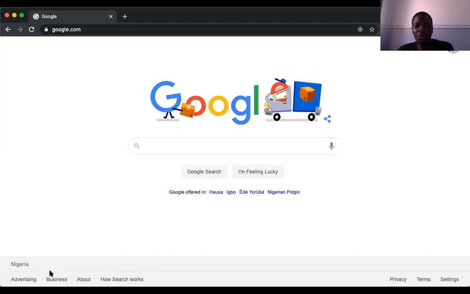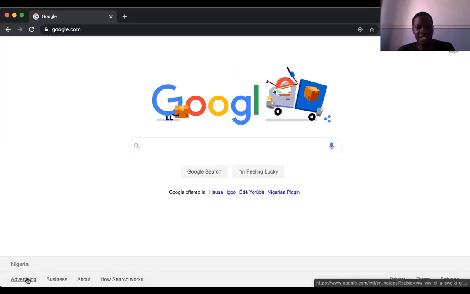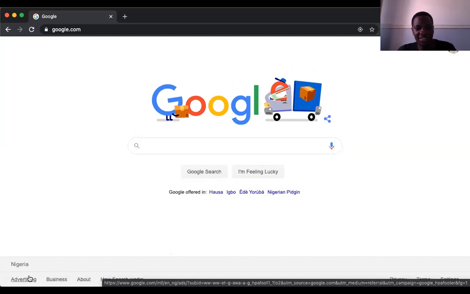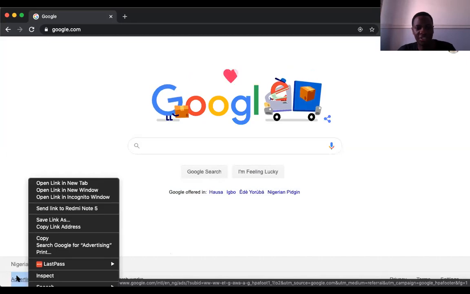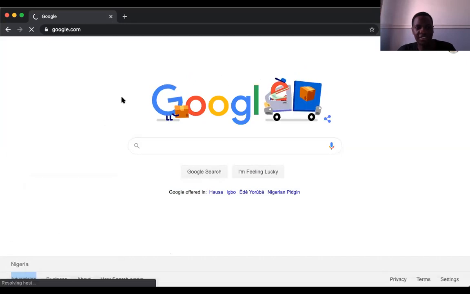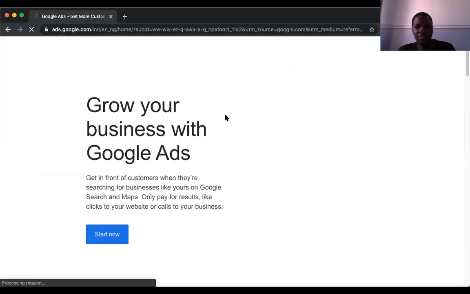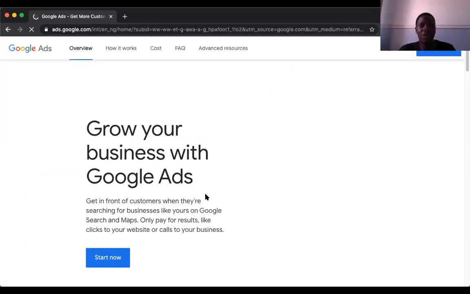Now it could also contain links. If you look here, this particular text down here is a link to another page. If I click on it, it's going to take me to another web page. This right here is also another web page on the Google website.